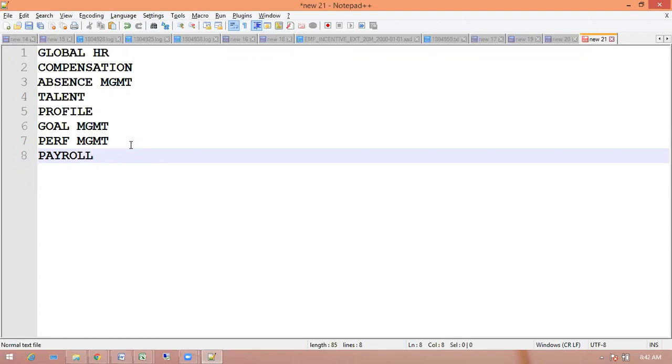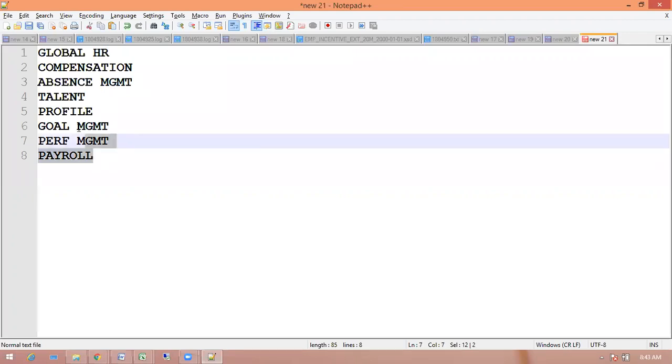May I know which module you are comfortable with generally? Which module have you worked on? I worked on absence. I have an idea about patterns, plans, types. Compensation also I have some idea regarding plans, annual plan, quarterly plan. Inside that you can either write a fast formula, or inside the worksheet itself we have some area where you can write small formulas for the requirement. So as part of functional, we are going to cover these modules.